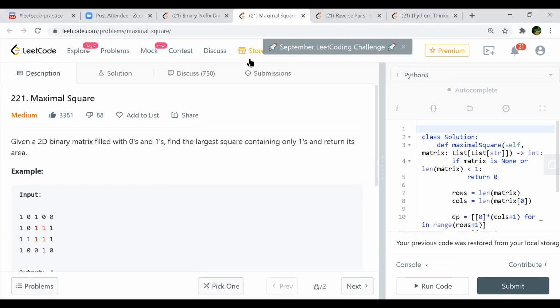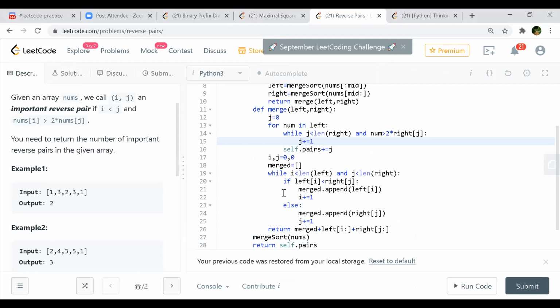For the previous question, I was trying out something with a priority queue. I mean, it works for some test cases, but for some test cases it's not working. I don't think there's a problem in the approach, but if someone can help me with dealing with the edge cases. Can you explain the approach? I'm not sure if I can share. You want to share the screen? Yeah, sure, go ahead.